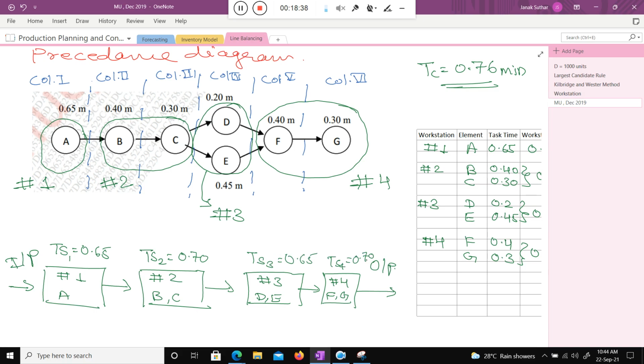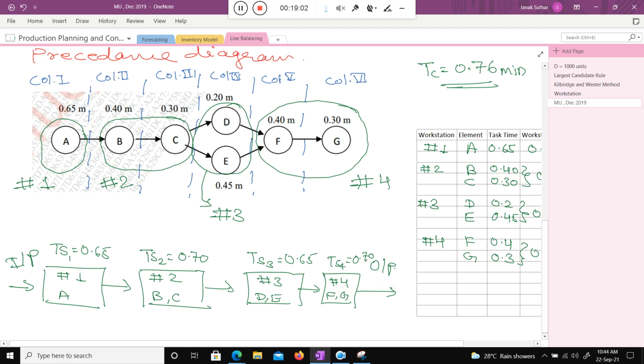When you get the final product, how much time does it take with this type of workstation arrangement? No, that is the total work element time. I am asking what the cycle time is. 0.7. Very good, very good.